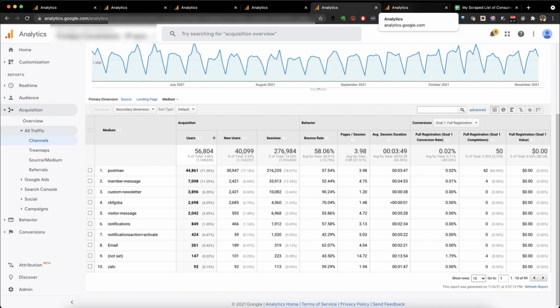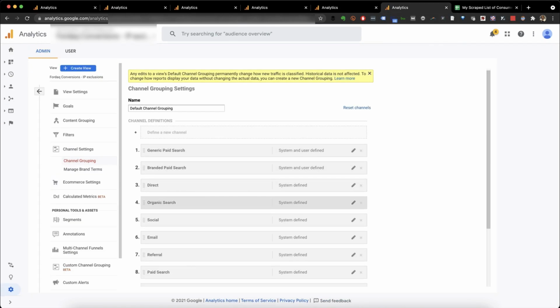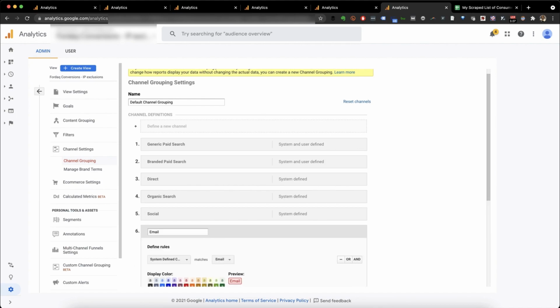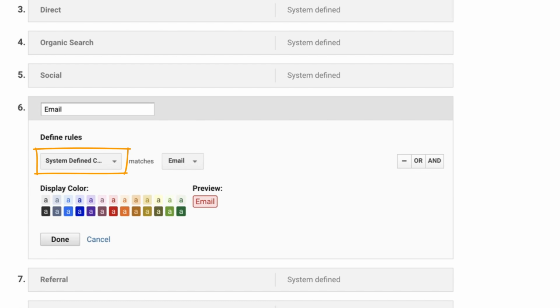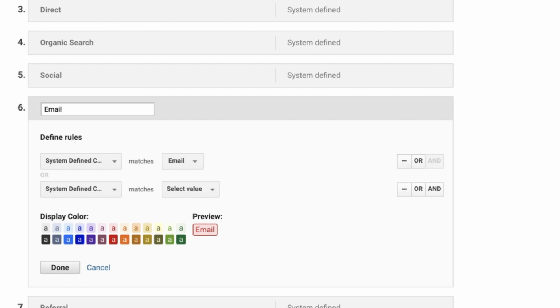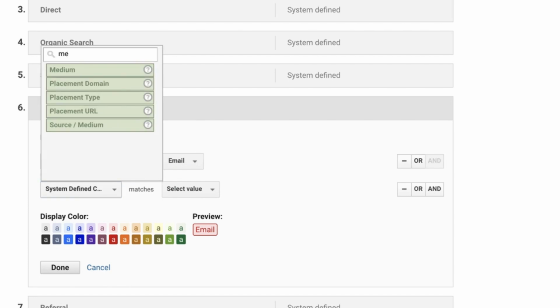So I'm not actually going to make these changes live, but I'm going to come in here to the default channel grouping and select email. And this just has the system defined channel. This is what you'll see if you haven't touched it in any way. If you've customized it, then you'll see system and user defined. And if it's a totally custom channel, you'll just see user defined. And so here I would go in, and the first thing I would do is I would say medium,